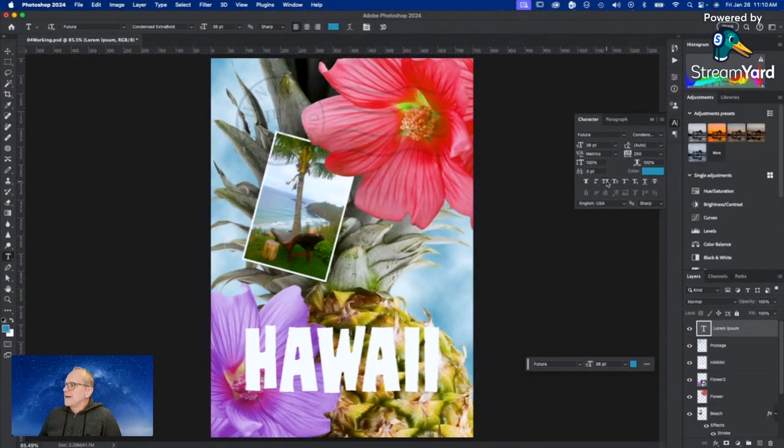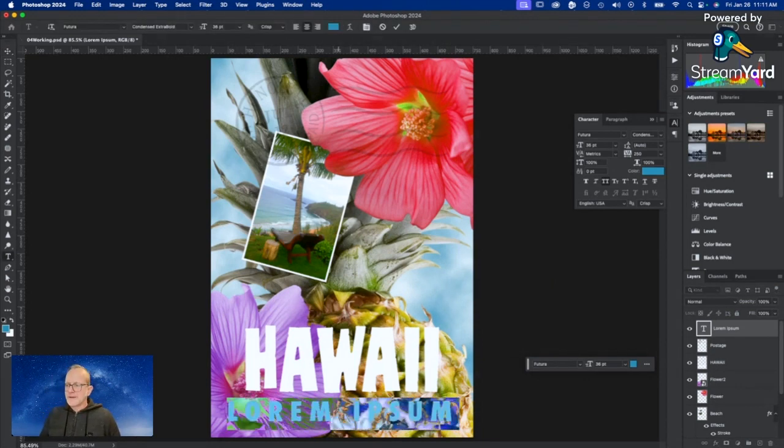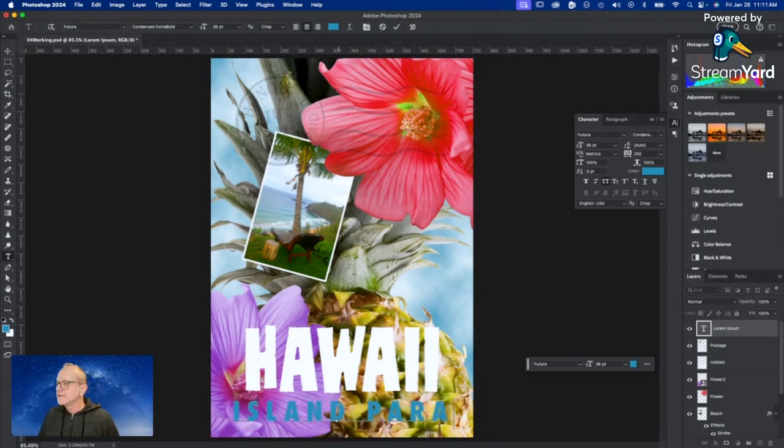I will choose all caps to make all of the letters capital letters. And make sure the anti-aliasing is crisp to make it crisp on the page. Then I'll come up here and choose center to center my text. And then I will take that text layer that I had created and overwrite this example text, and I'll type Island Paradise. You can see how all of those letters are capital. I did not have my shift key pressed or the caps lock button on. It's because I selected all caps here in the